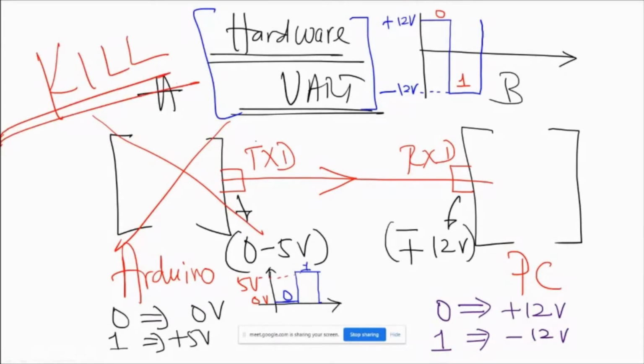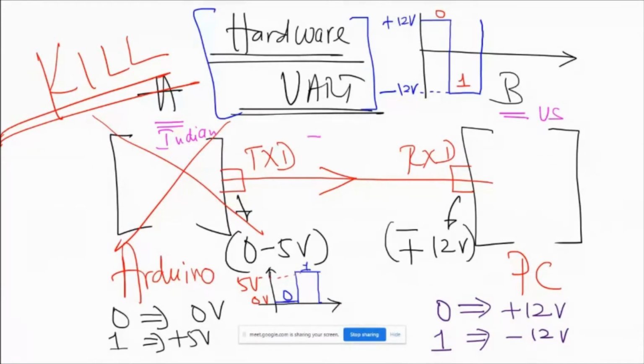To compare this with a small example, this is Mr. A, this is Mr. B. Mr. A is an Indian and Mr. B is from the US. They wanted to exchange money for some transaction. Mr. A is having Indian currency and Mr. B is having US dollars. Though both of them are currencies, the currencies have a different denomination and name in different countries.